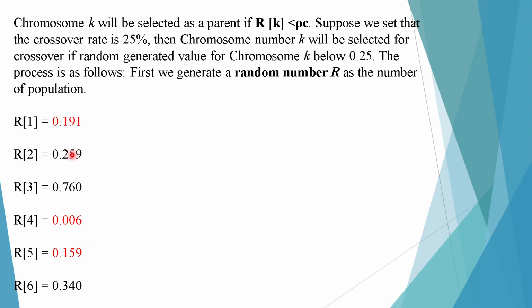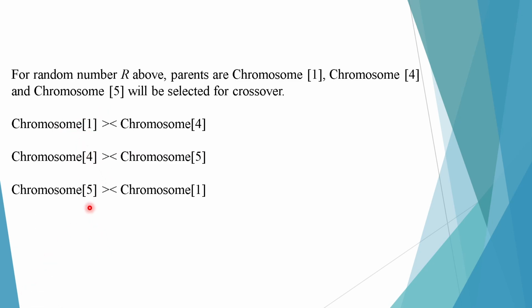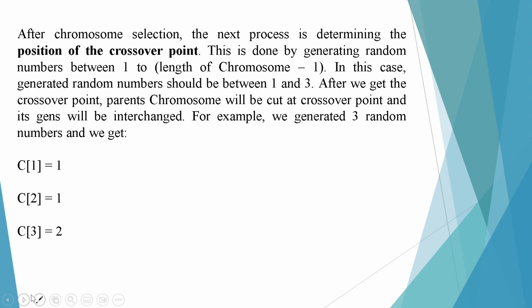How do we know which chromosomes to do the crossover? We generate the crossover rate of 25%. Then we generate 6 random numbers. If a random number is less than the crossover rate, then that chromosome will be selected to do the crossover. So 1, 4, 5. So repeat 4, 5, 1. Since we got 3 chromosomes to do the crossover, we generate the